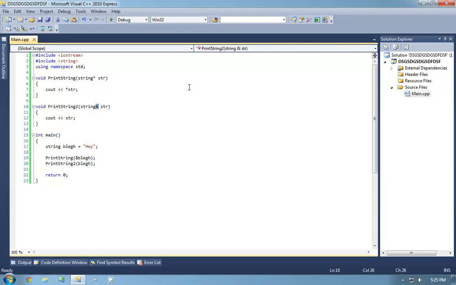So what we have here is the str parameter is in fact of type string reference. And we know it's of type string reference because, well, the ampersand is immediately after the type string. Just as we know that in this case, this str parameter is of type string pointer because the asterisk follows the type. And this goes back to, for those of you who were in the 101 class, me being pedantic about spacing. And the one thing is, don't confuse the ampersand on line 10 with the ampersand on line 19. They are two different things.